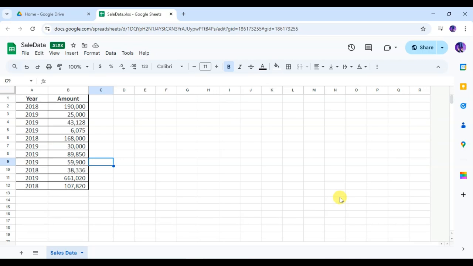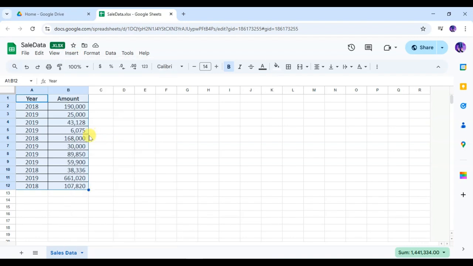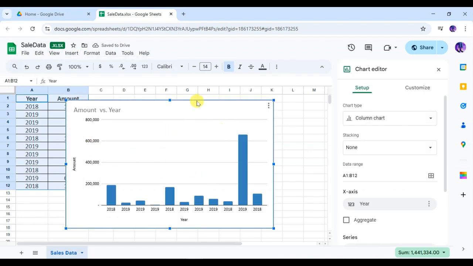So let's start. This is my Google Sheet and here you can see I have data, a year column and an amount column. To create a bar chart, simply select the entire data. You just drag with the mouse and select the entire data. Then go to the Insert tab. Then click on the chart option and here you can see your chart is inserted with the chart editor,